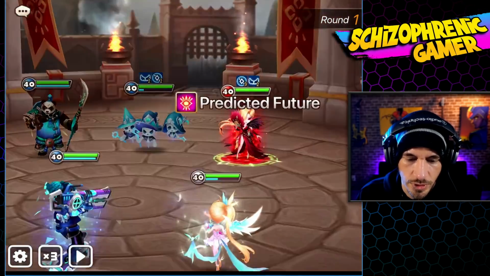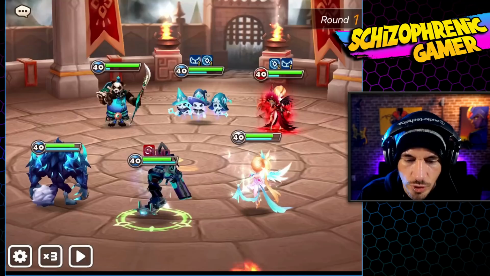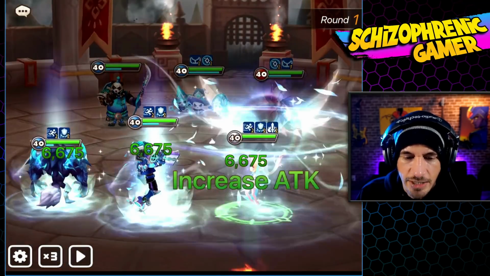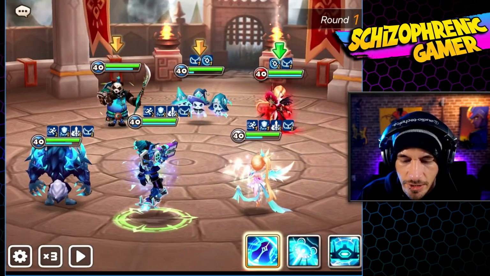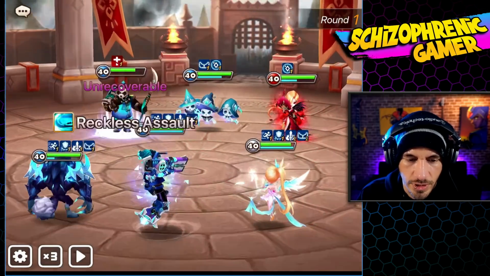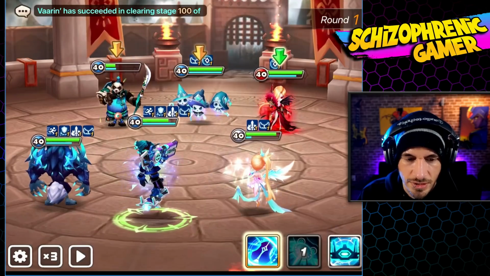You know Juno's going to do her AoE, right? So then he's got the Dragon Dance. He didn't have too much HP. Now we can do this safely. So let's see if we can even do too much damage to here. Let's do no stuns. Okay, let's do Reckless Assault. Okay, the nice thing about Bruiser is he's not that...